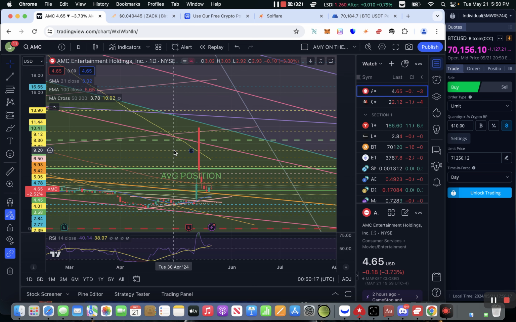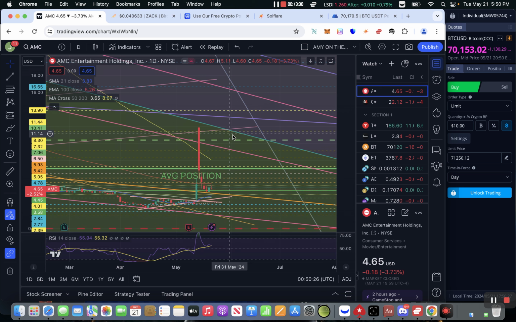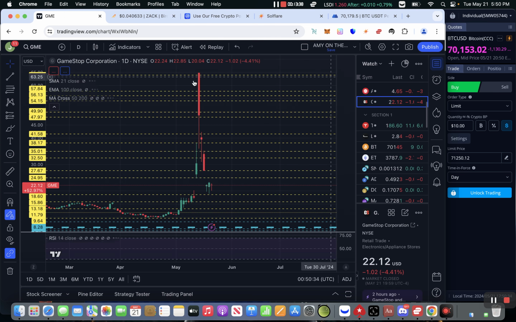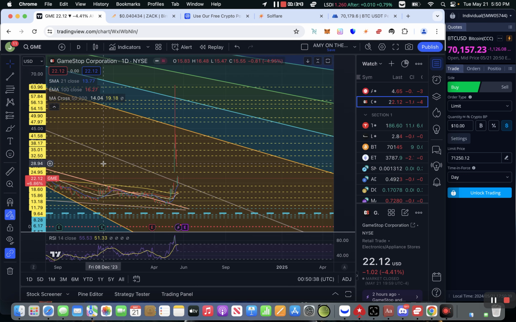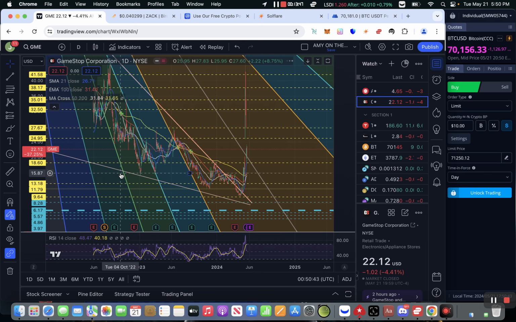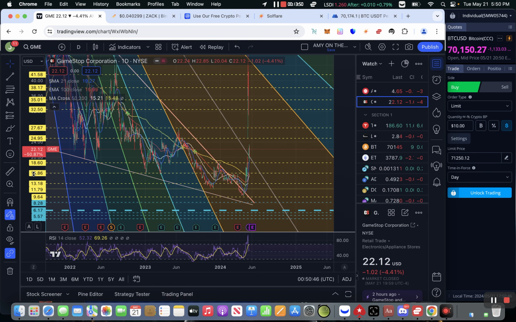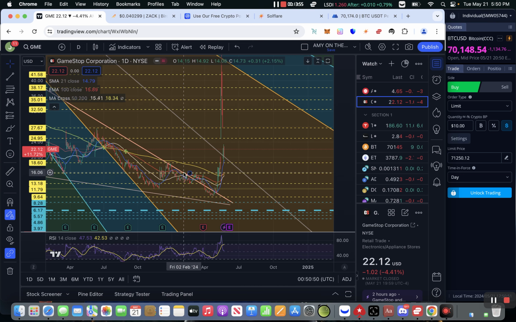Because in GameStop, the price action looks the same. You see GameStop next to AMC, and it looks the same. But GameStop is actually probably more ahead of the game than AMC is, because let me show you guys. Okay. I also did a couple of GameStop videos, I would say sometime in February, and I was charting this. And look at this, guys.